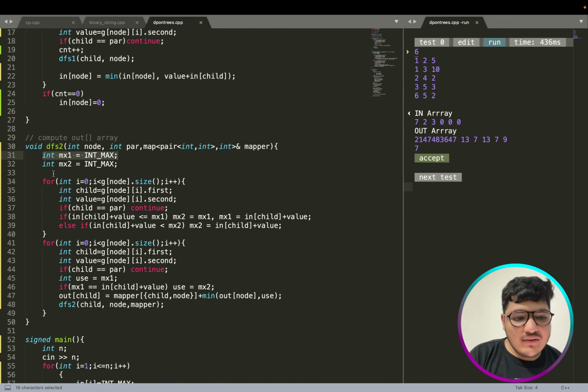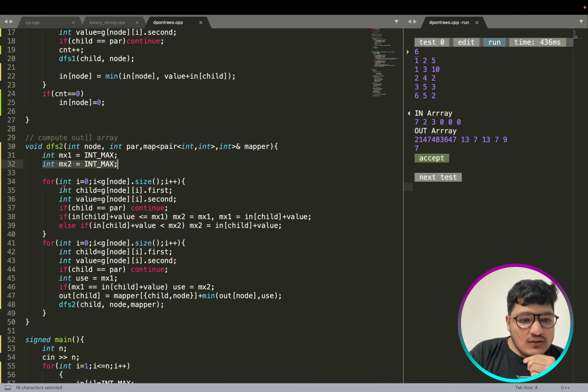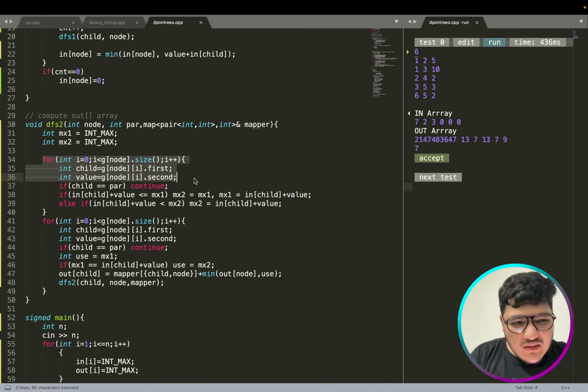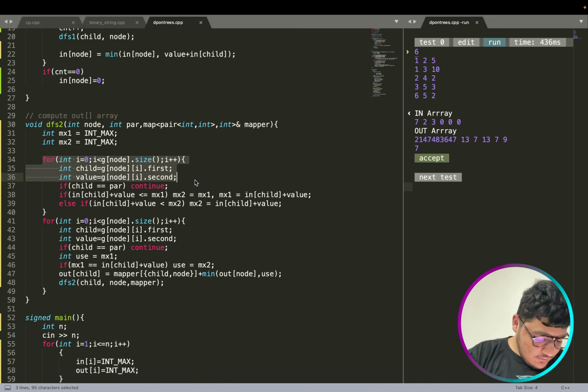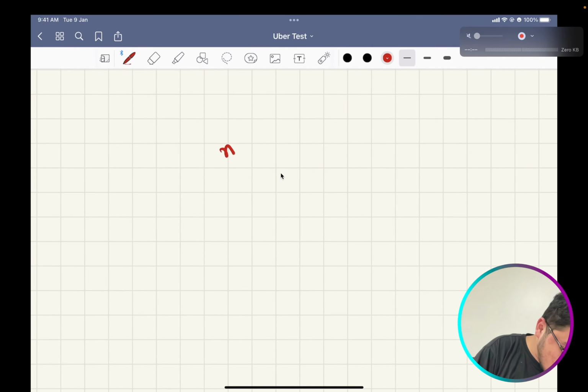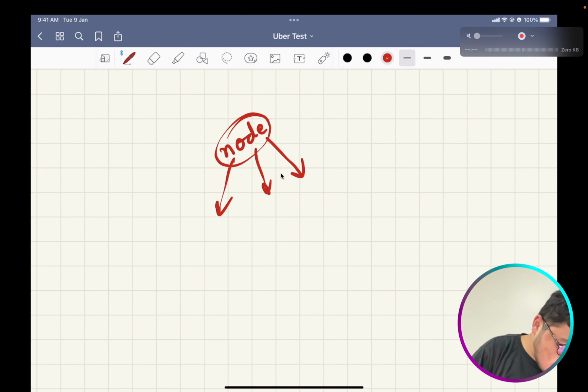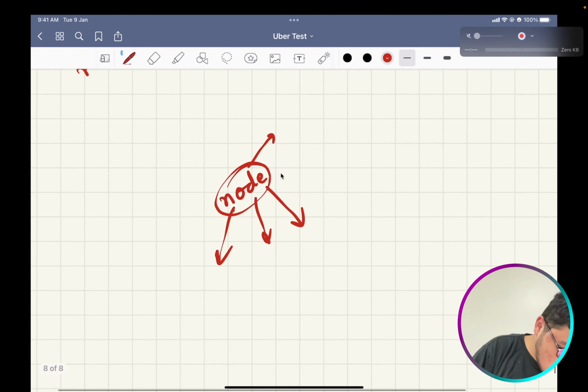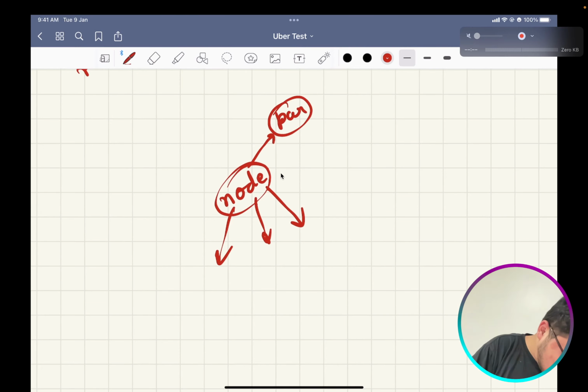Then I am calculating these two values and assigning them as int max. Writing this recurrence and implementing it are two different things, so now let me show you what I am doing. Let's say this is the parent of this node and this is the child.